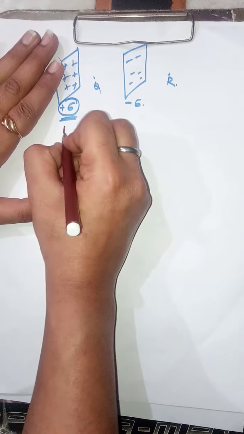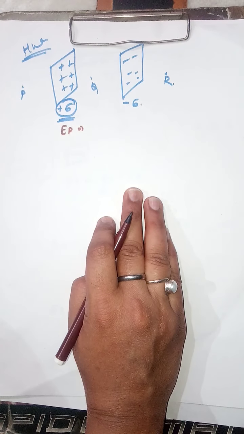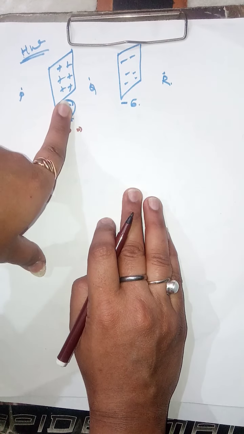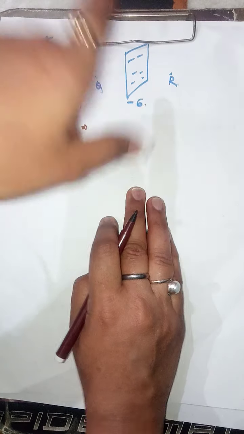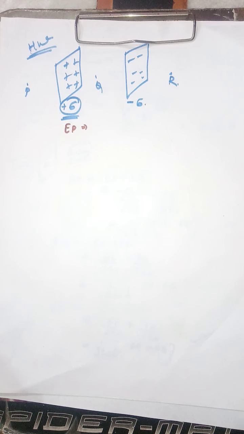Now, what is the value of electric field at point P? Point P will act as the left hand side to both sheets, whether this sheet or this sheet. Therefore, the value of electric field is negative, not positive. Why am I saying this? Because in our previous video I told you that the electric field at the left hand side is considered as negative and the electric field at the right hand side is considered as positive.